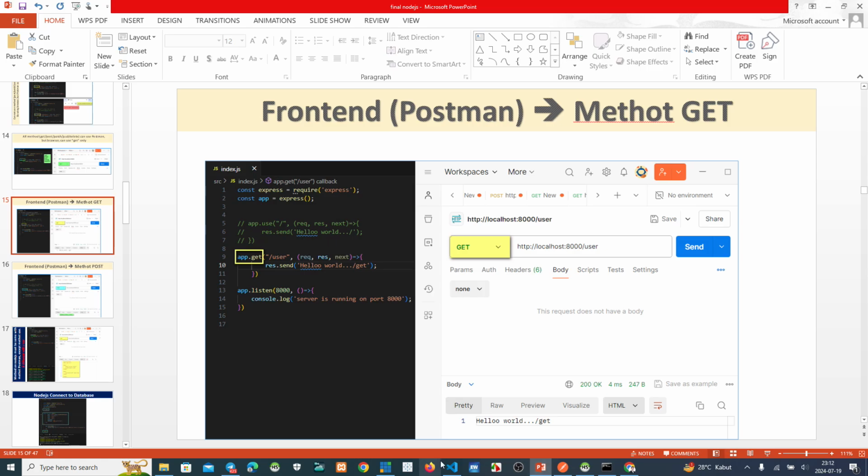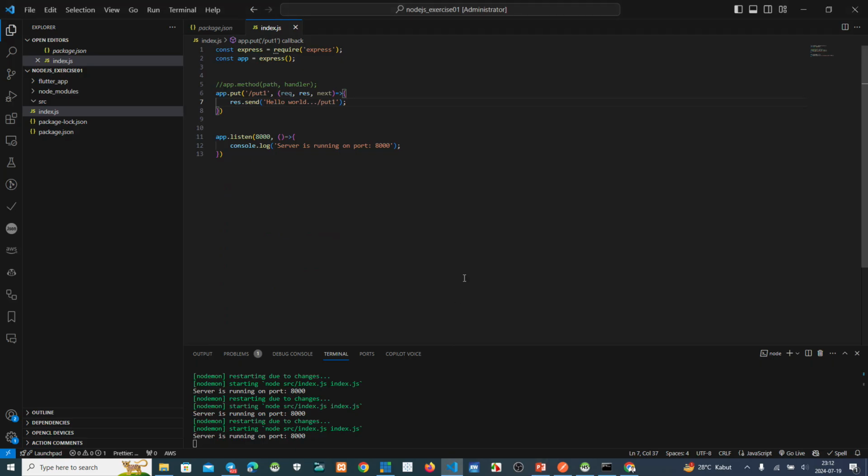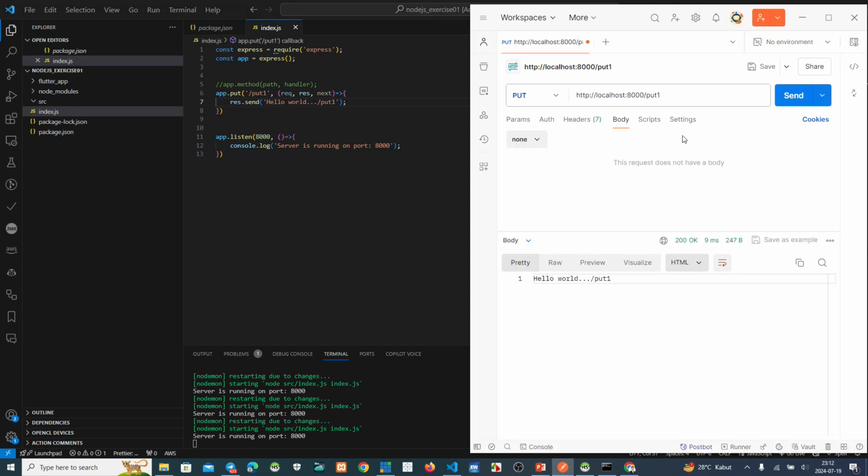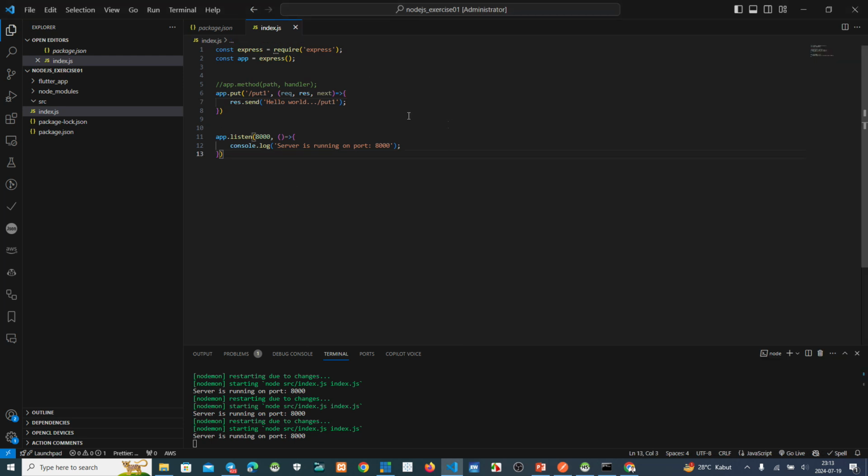Okay, guys. Now we know about the method, how to use the method if we use the method on the backend. So we must use the suitable method on the front end. Okay, about this method,